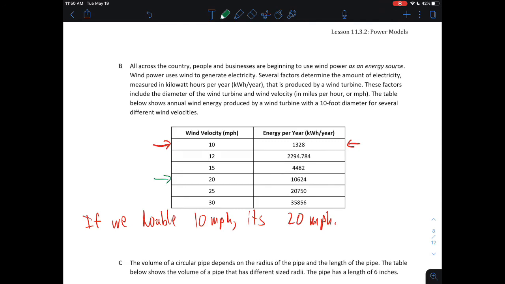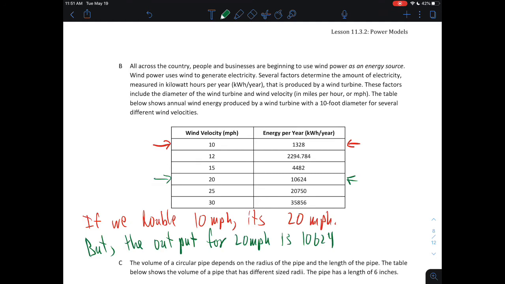That gave us an energy per year of 10,624. So is that double 1,328? Well, let's see. The output for 20 miles per hour is 10,624. Let's see if that's double